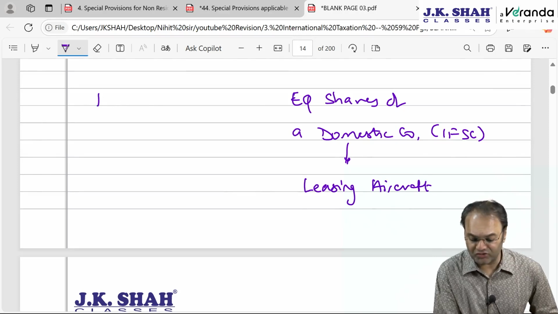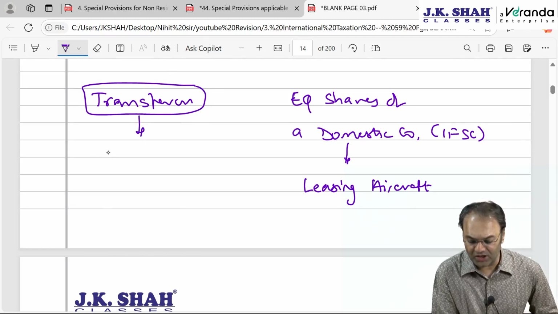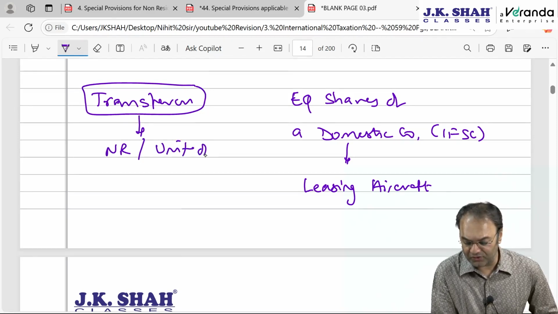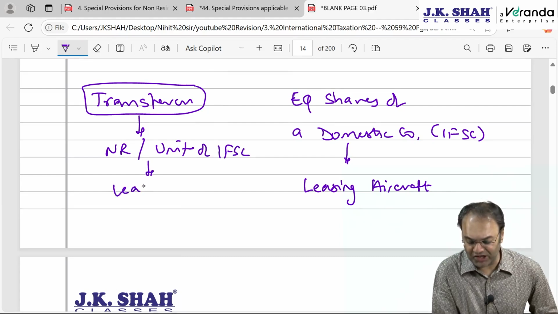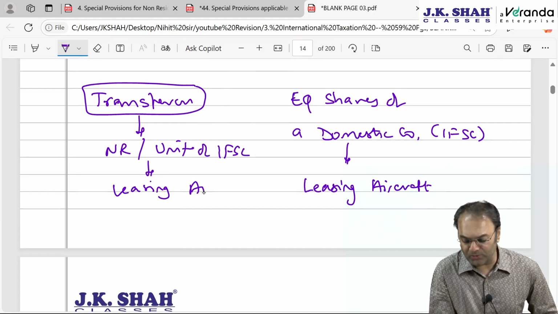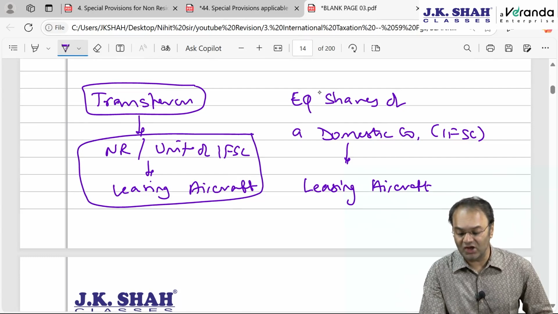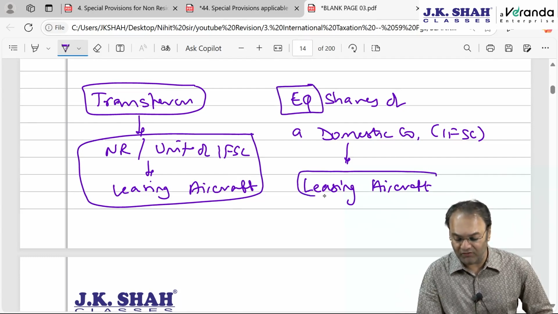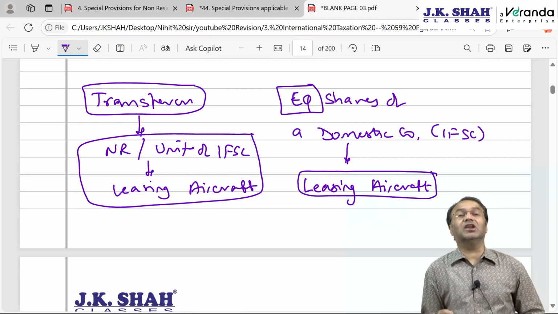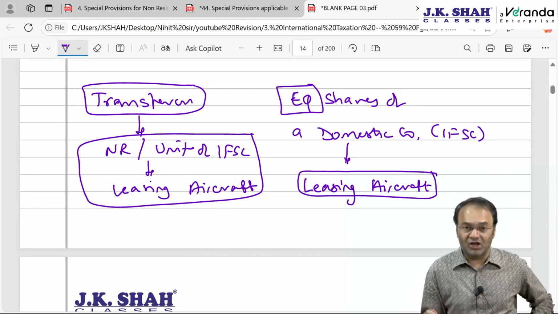And the person who is a transferor, the person who is transferring the equity shares of such company, the transferor should also be a non-resident or a unit of International Financial Service Center, engaged in the business of leasing aircraft. Both of them should be engaged in the business of leasing aircraft. The person who is engaged in the business of leasing aircraft is selling equity shares of a domestic company which is again engaged in the business of leasing aircraft. This is